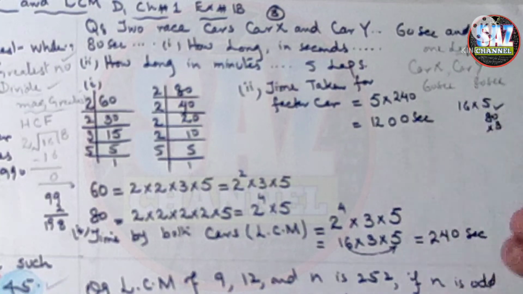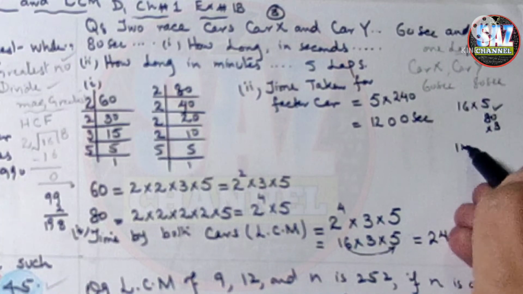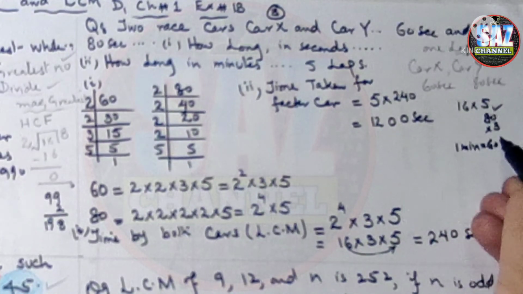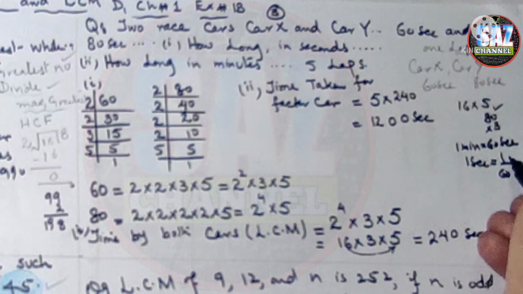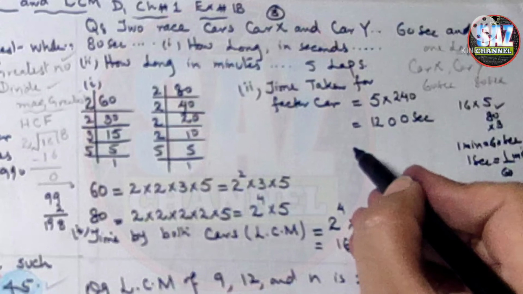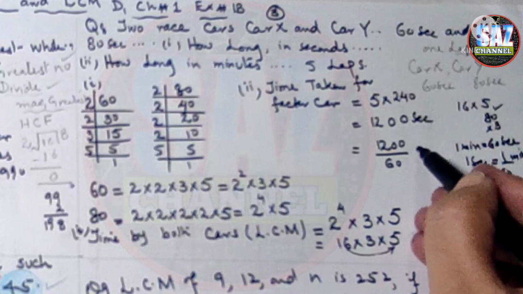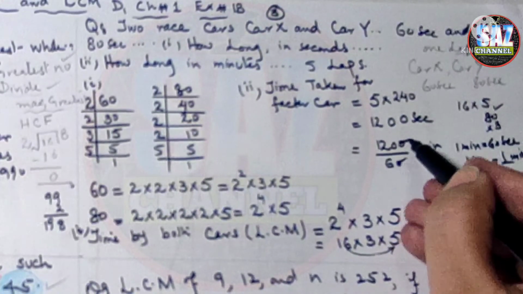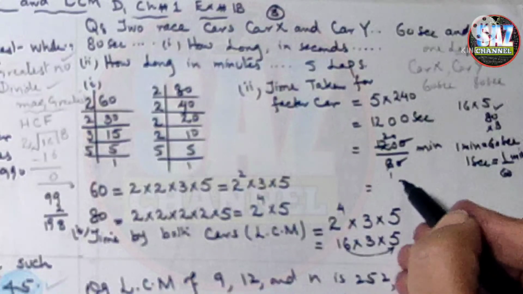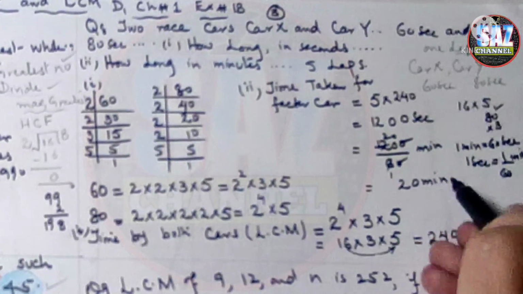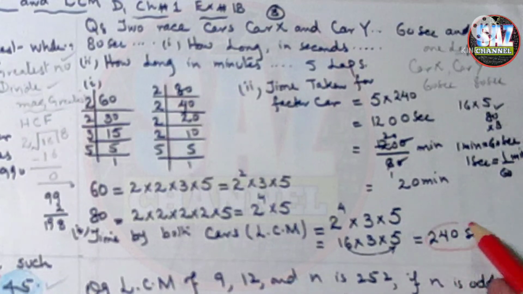And as we have to give our answer in minutes, and we know that 1 minute equals 60 seconds, and 1 second equals 1 over 60 minute. So I have to divide this answer 1200 by 60, and my answer will be in minutes. 0 goes with 0, 6 1s are 6, and 6 2s are 12, so 20 minutes. So the required time will be 20 minutes, and let me encircle these two answers so that my junior students